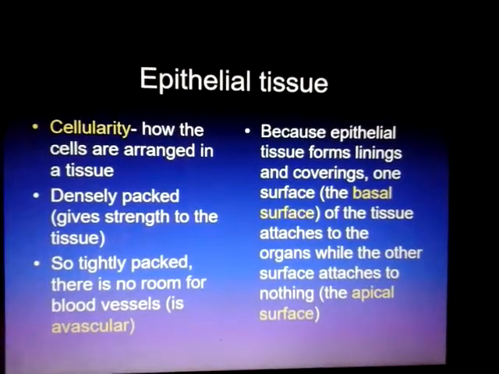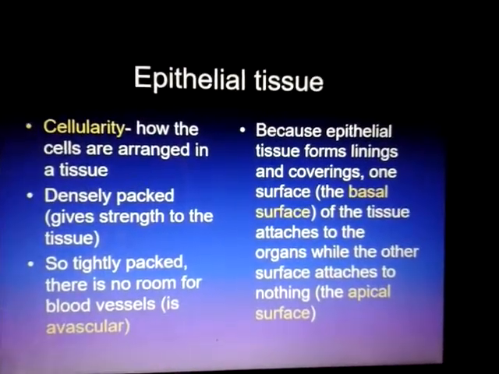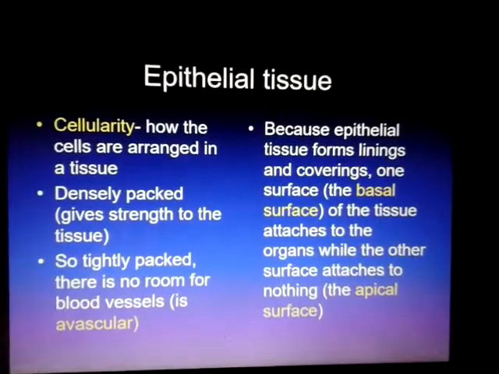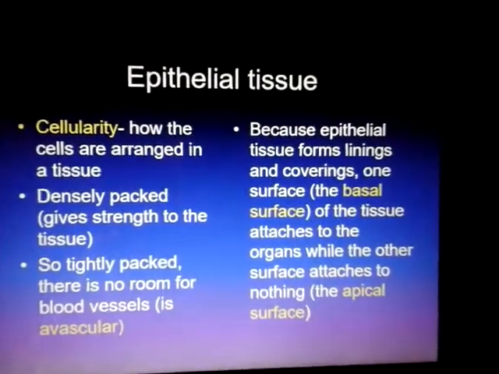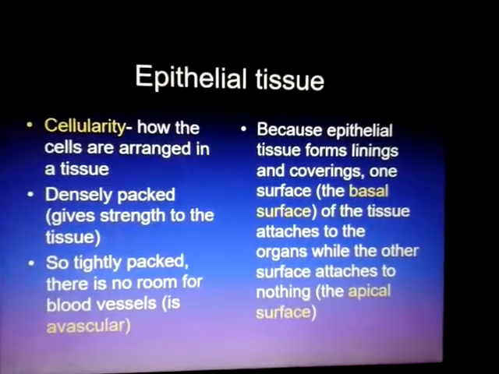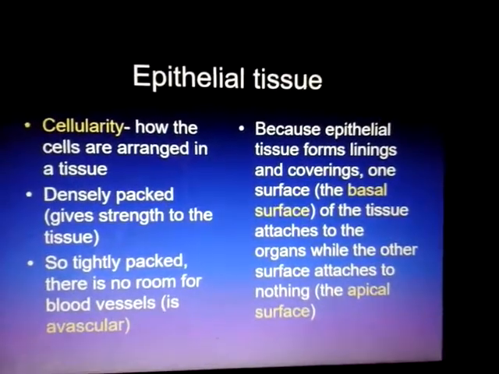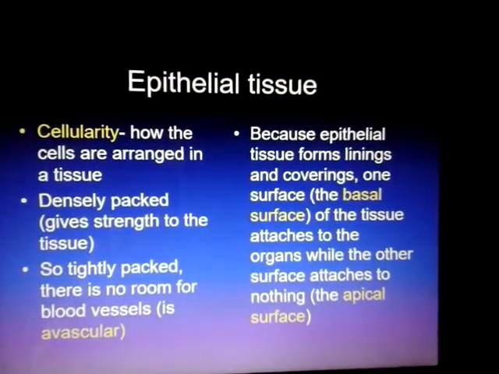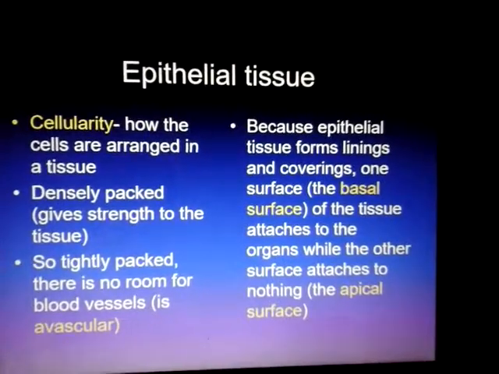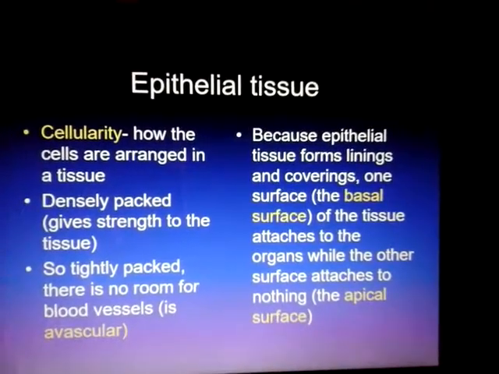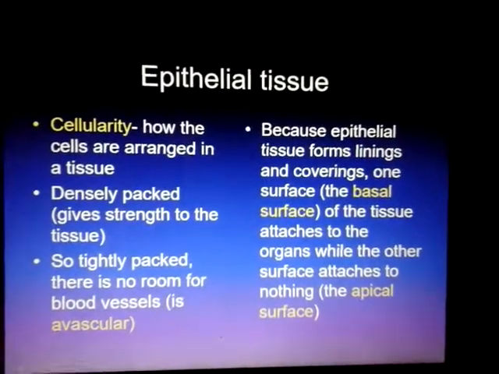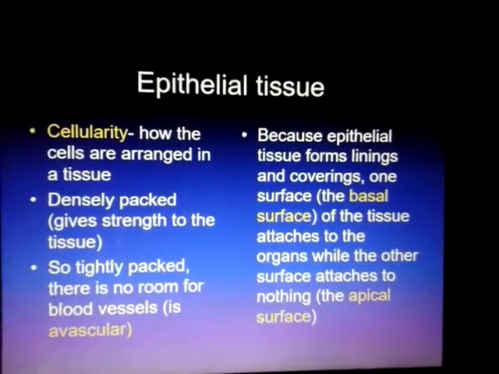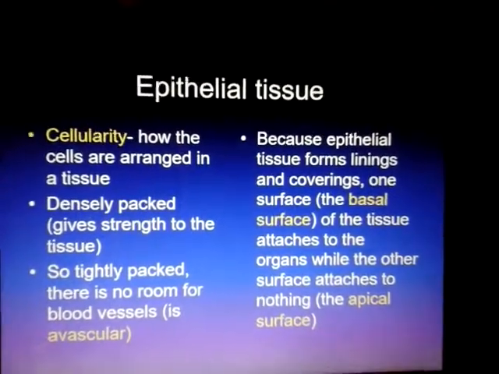Your epidermis is the membrane around your dermis. So your epidermis is almost entirely epithelial tissue. When you put your hand on your arm, you're actually touching the apical surface of that tissue. The basal surface would be under all these layers,